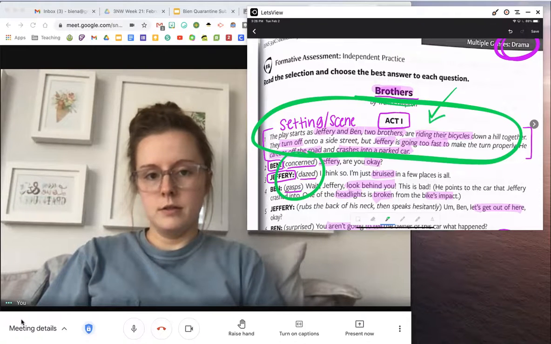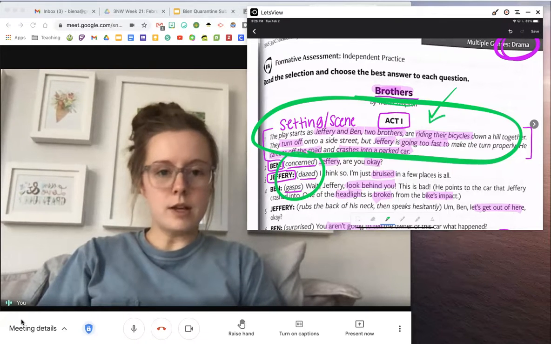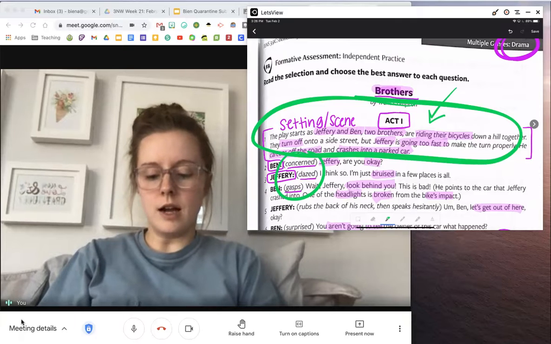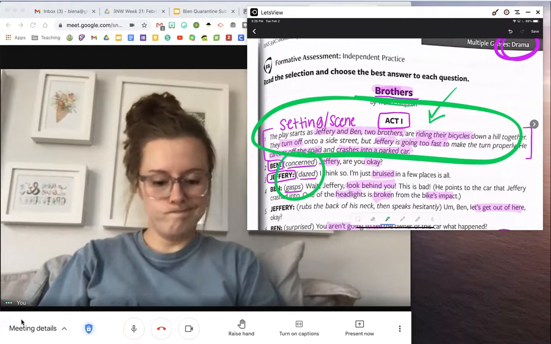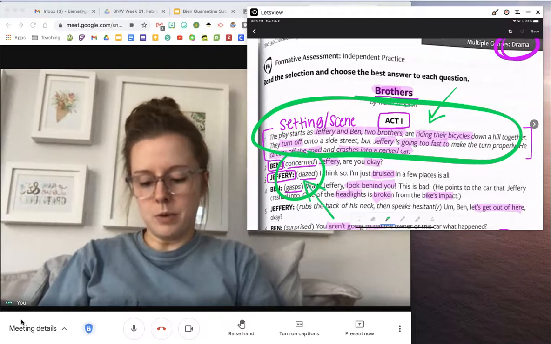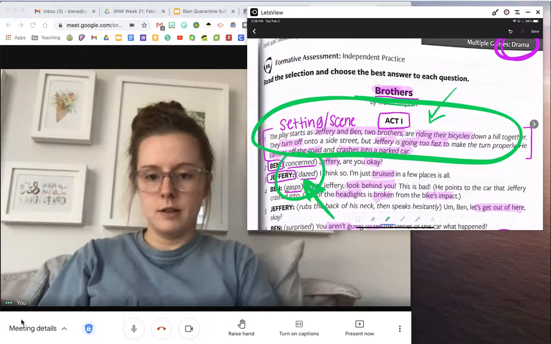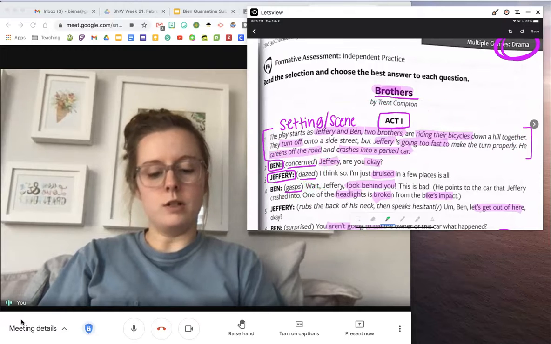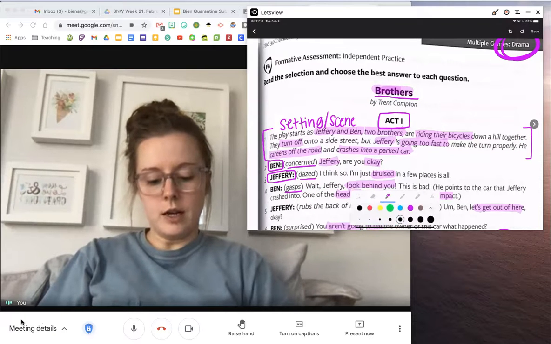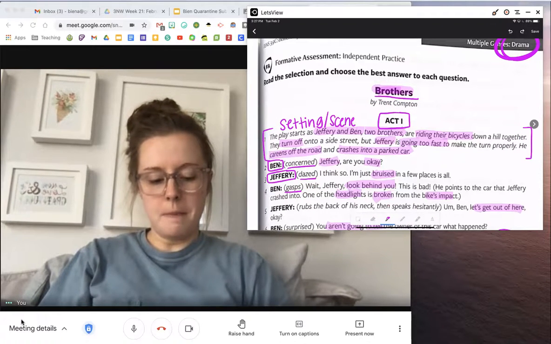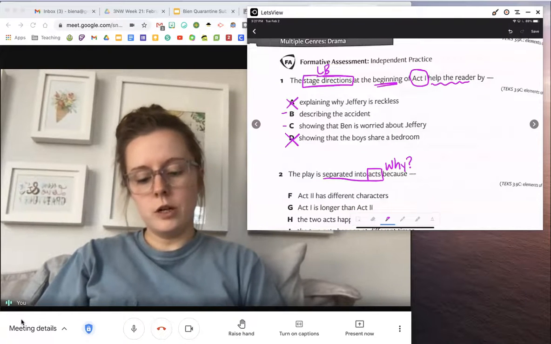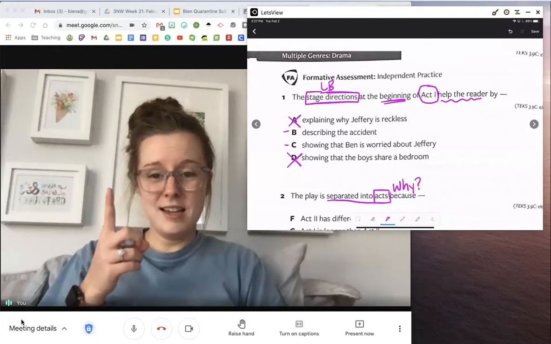This part, is that a stage direction? Like, is it telling the characters how to say their lines and what to do? This part is the stage direction. That is what is telling them what to do and how to do it. Okay, so whenever you're thinking like that, now you can go back, maybe, to your questions and think, okay, dazed,